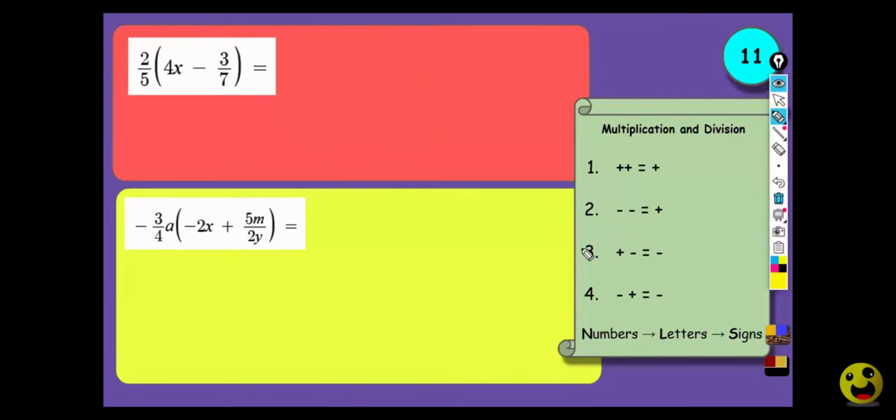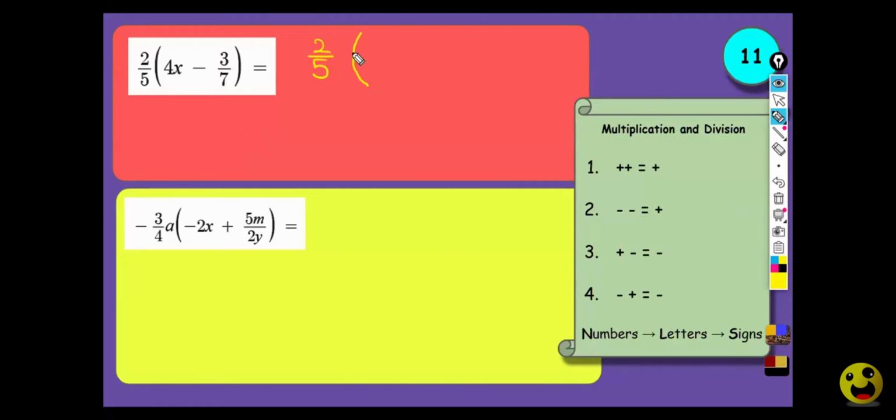The first question. Let's rewrite this question properly. Plenty of things are missing here. You have 2/5, right? You have a 4x which is not a fraction, and the 3/7 which is a fraction. You can't have a mixture of fractions and whole numbers. You have to convert everyone to fractions. So here's what I'm going to do. Get a different color. The 2/5 here,